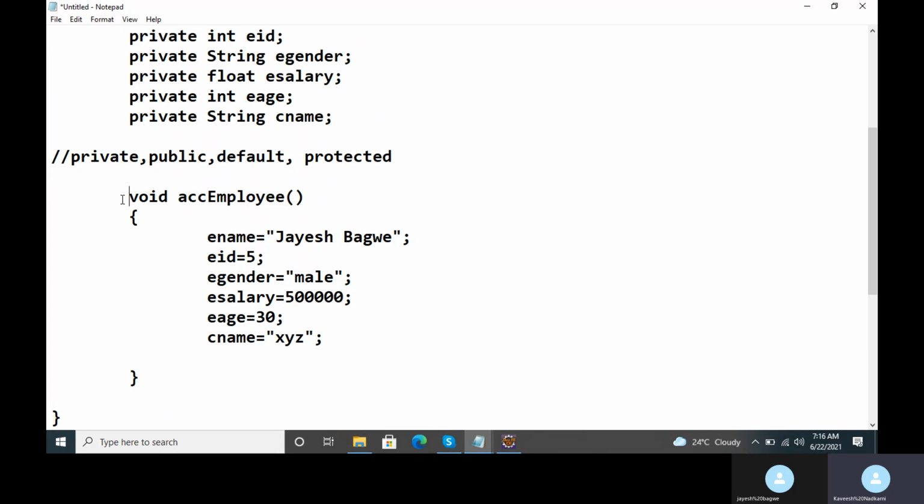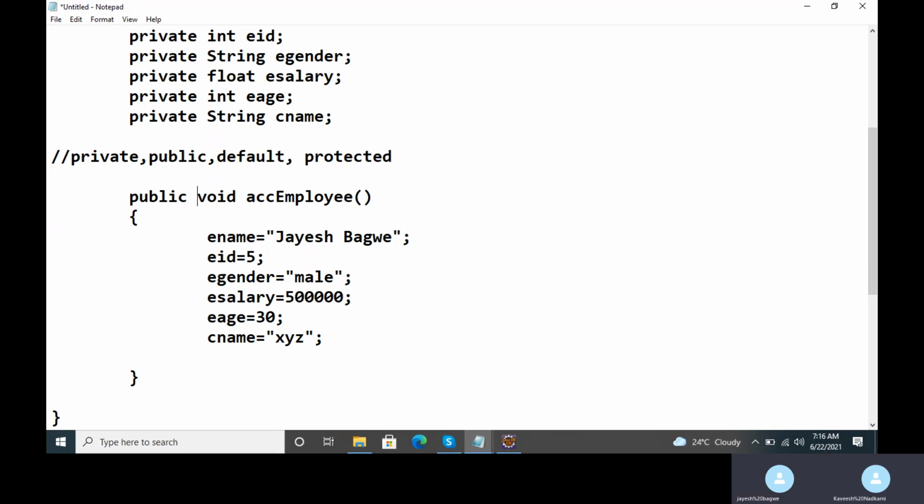One more thing which is generally recommended in Java is that the member methods of the class must have the public access modifier. So generally we use the public access modifier keyword while defining the member methods of the class.